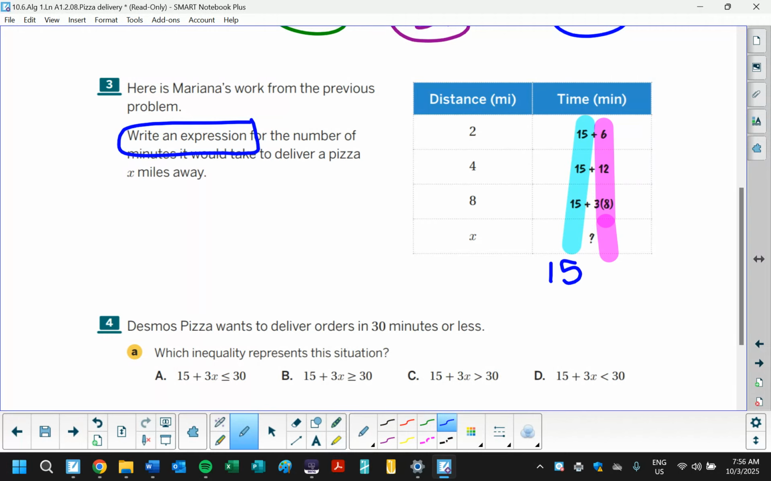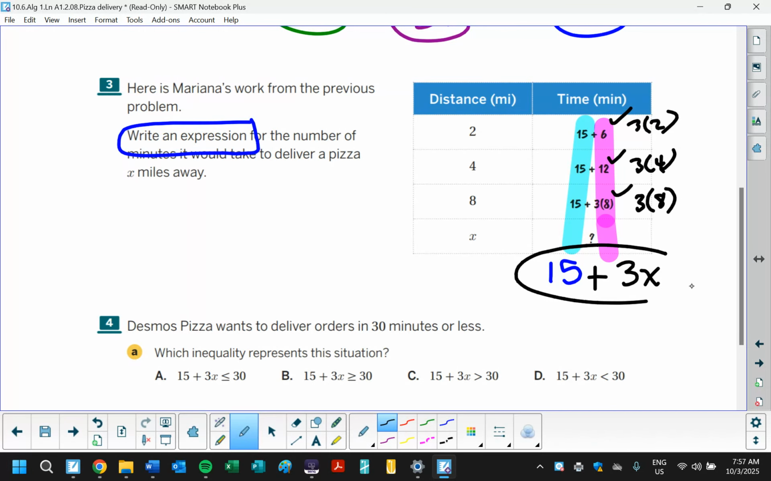We still have the 15 minutes. In addition to the 15 minutes, we had 3 sets of 2, or 6. We had 3 sets of 4, or 12. For each of those miles, it's 3 minutes. So in that case, we're going to have 3 sets of x. And here's our expression: 15 minutes for the original making of the order, 3 minutes per x mile away for